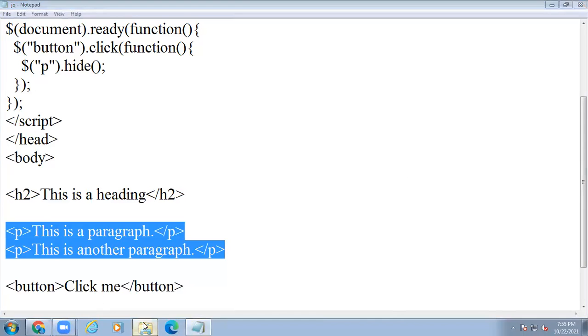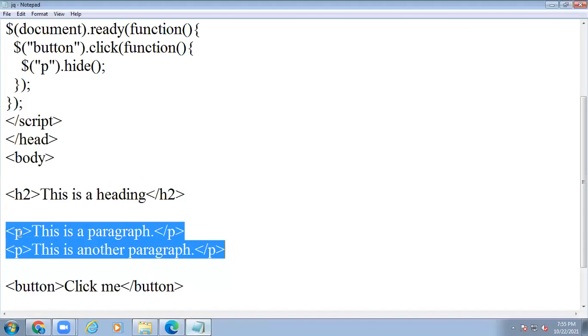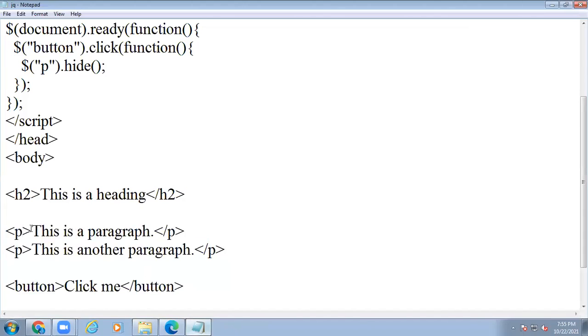You can move it. See the simple page. jQuery. You have to see here. Whenever I click this one, click me, then automatically the paragraph tags, whatever tags you have, those tags simply hide. Yes, sir. This is the paragraph and